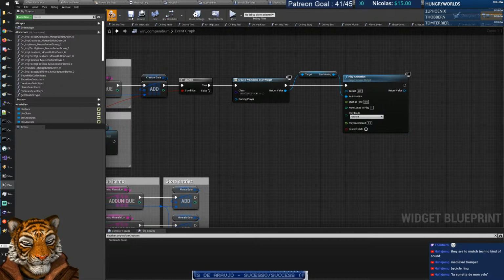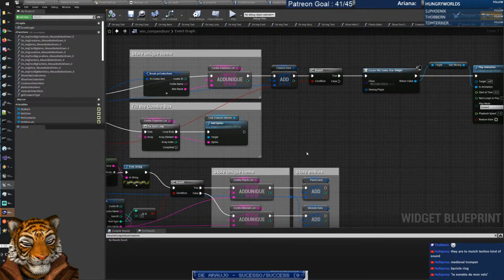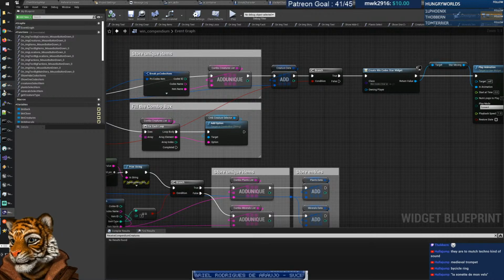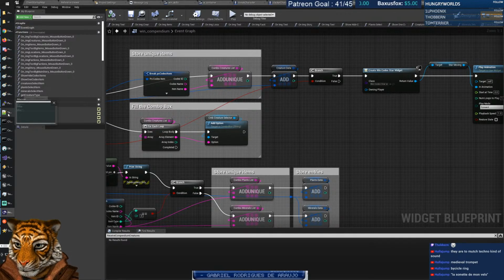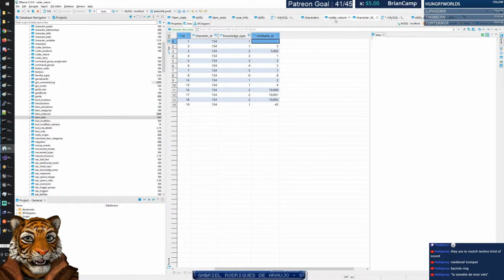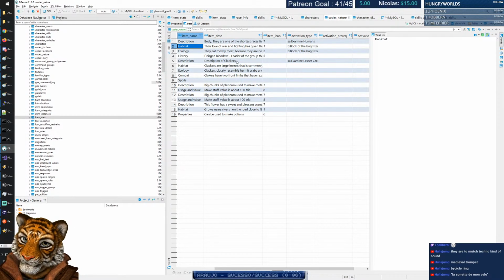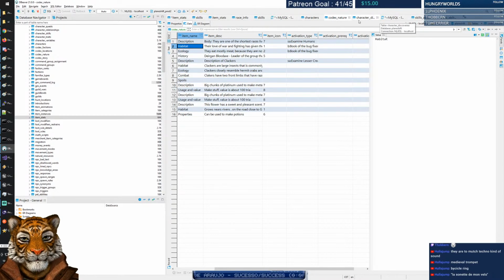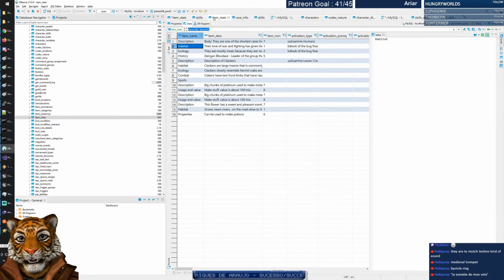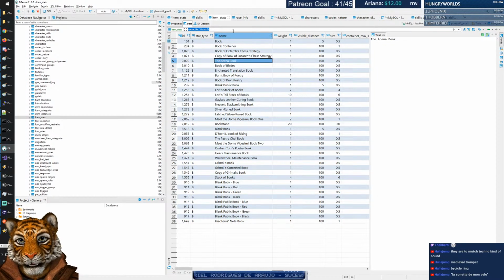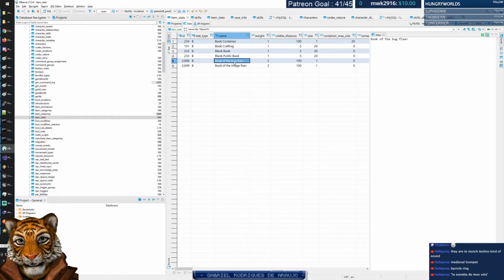Okay, so now in theory, I don't know if all the rest of the code works, but in theory, when we open in our dummy database, maybe we can do this. We can delete. No, but I think we can keep it. We can keep this information, and we can open. When we open the book, how did we do it? There is the book of the bug fixer. Yes, this book of the bug fixer. When we open this one,